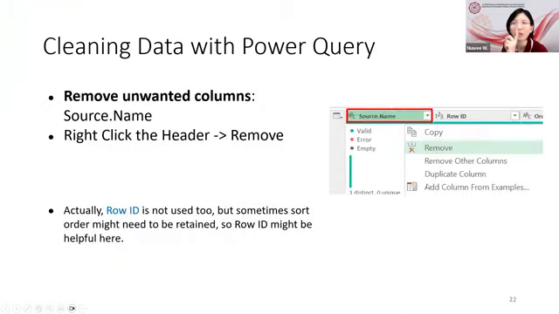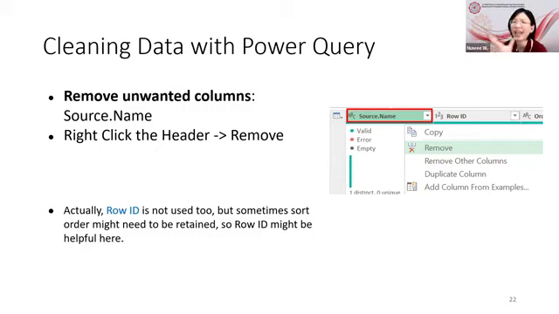cleaning data. First thing, I want to remove source.name. Actually, I don't need to remove it. I can retain it just as is, but in some other cases, when you have, for example, big data, removing unwanted columns may reduce your data. So this may be considered as part of the data reduction. Anything that is not used, you do not need to retain it because it will take some time, some space,